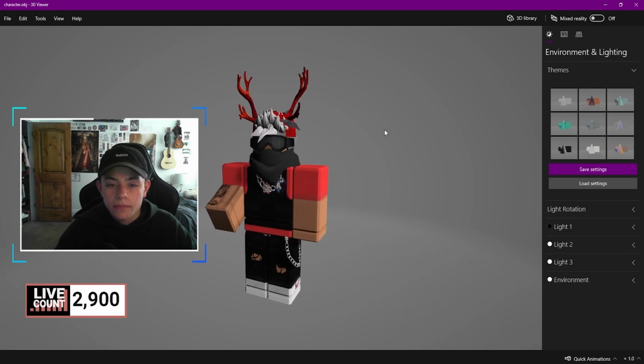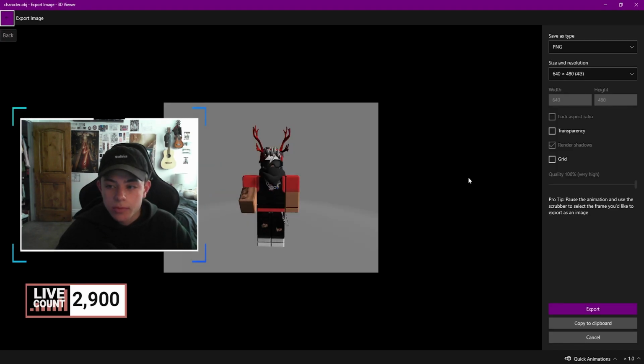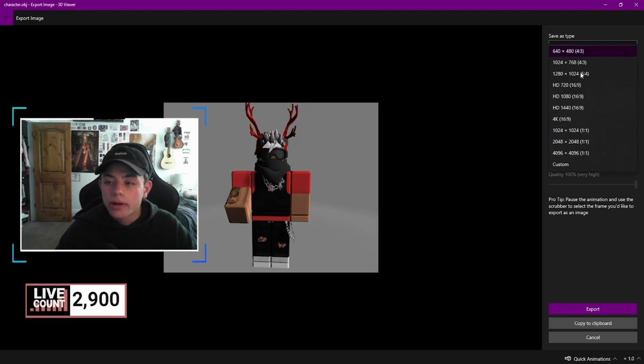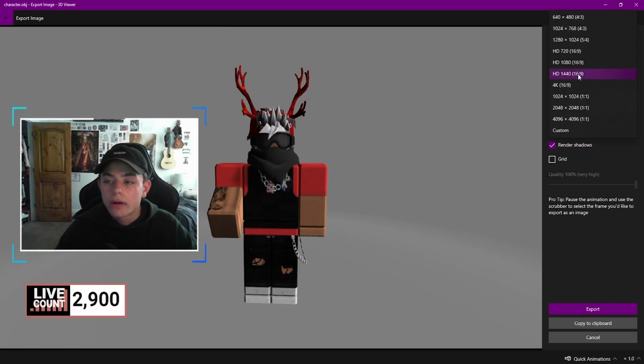Now, yeah, it's just a weird pose, but we're gonna hit export image. When you export the image, you want transparency on, and I would render the shadows. That's your choice. But we're gonna make this, let's say, you can do HD 1440 if you'd like, or yeah,